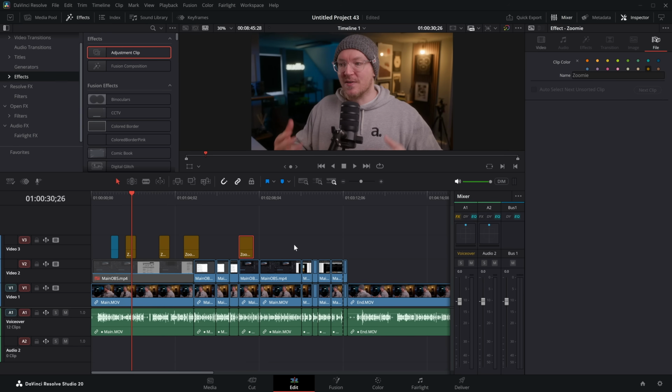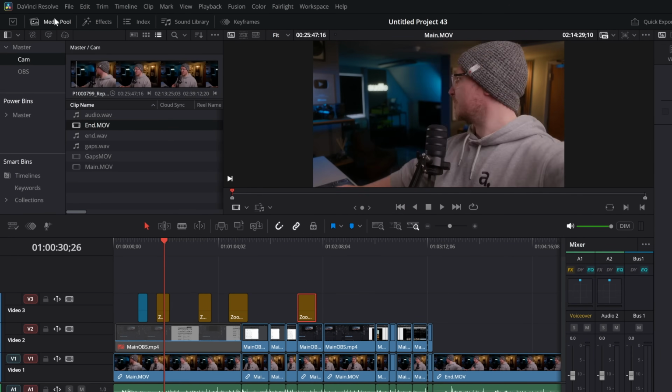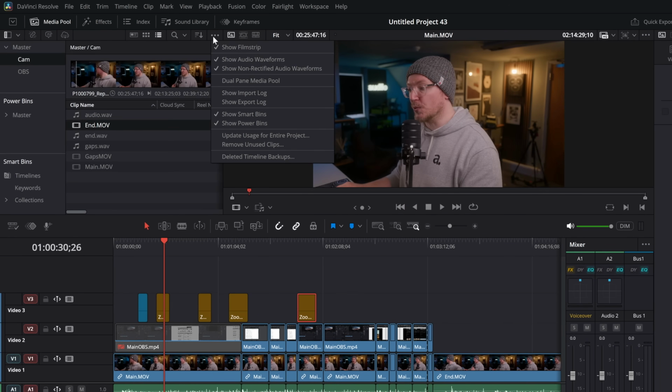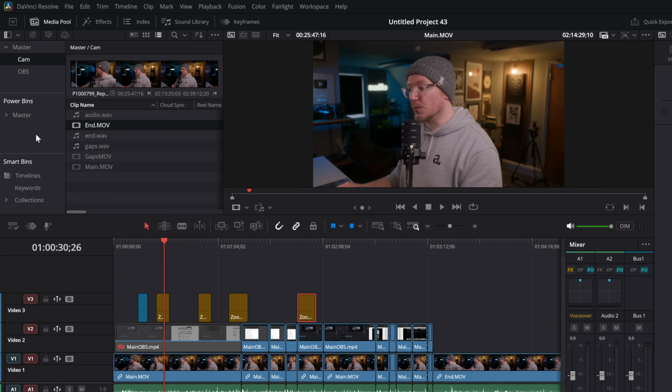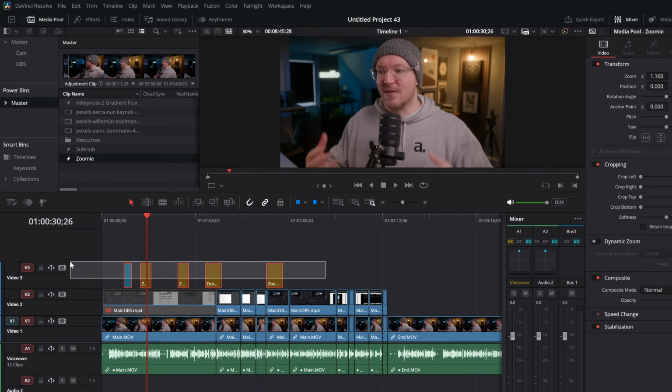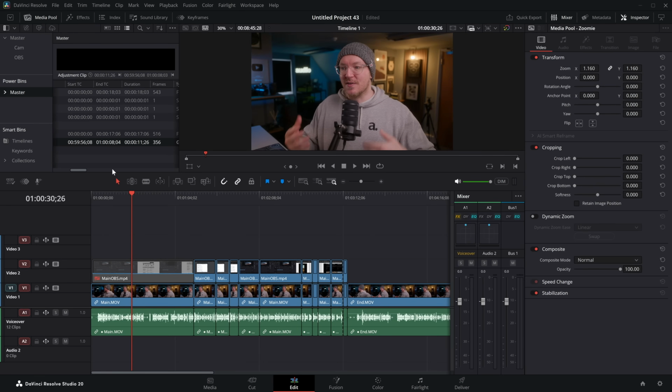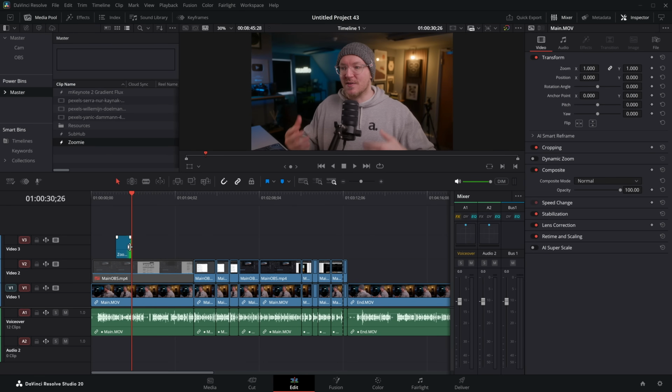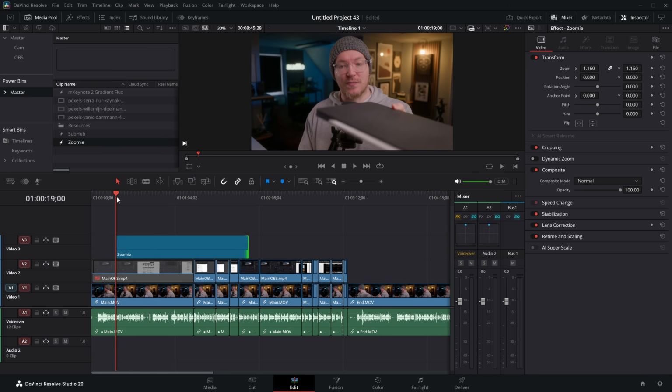Then rather than having to set these up every single time you start a new project, open up your media pool, click on these three little dots, and then come to Show Power Bins. Power bins will appear within your media pool over here on the left, and then anything you put in here, so I can put my Zoomy in, and then delete these off my timeline. I can then grab my Zoomy, bring it down, put it on my timeline, and I've got this punch in